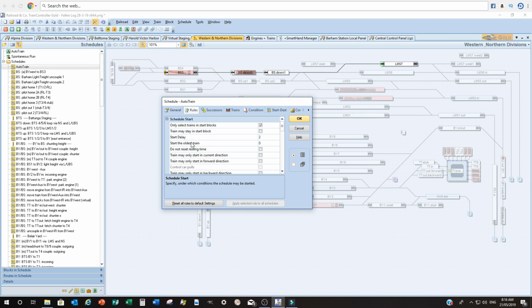So on the rules tab, the only rule I use is only select trains in start block. What that means, just as it sounds, is that it's only going to start a schedule if there's a train in the start block. And also we will click trains may stay in start block. So if the schedule starts and the train physically can't move due to a red signal or otherwise,